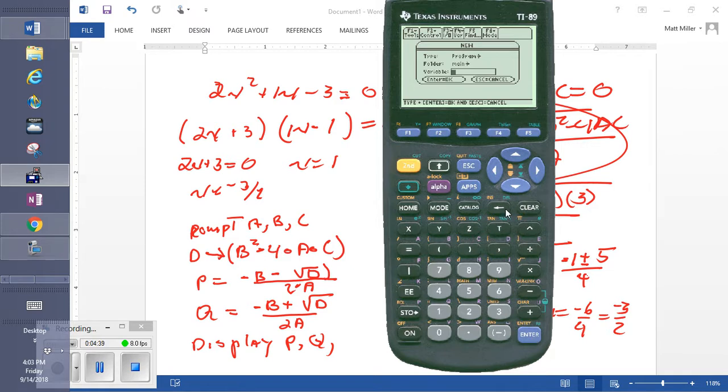Now, the keypads are activated as alphabetic pads, which means you don't have to push alpha to give it a name. I'm just going to give it the name AB. I'm going to enter that, and it takes me to